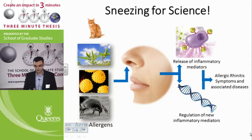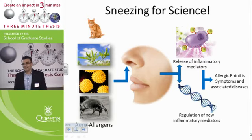And personally, as an allergic person, it almost makes me wish that winter would stay on for a little bit longer. But of course, I'm just kidding. So by studying how allergens affect our immunity, we can help develop new medicine that can stop or prevent allergies